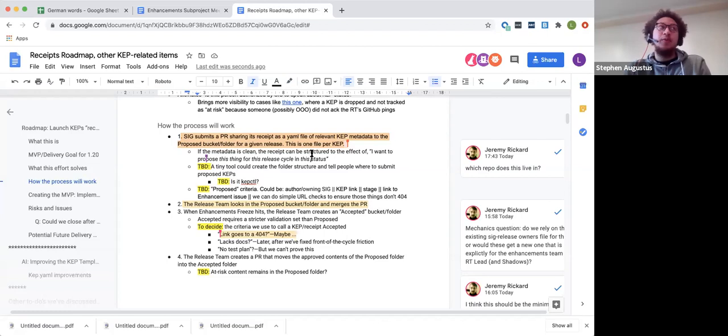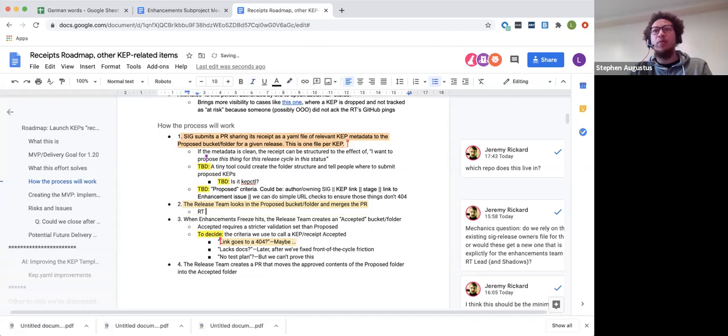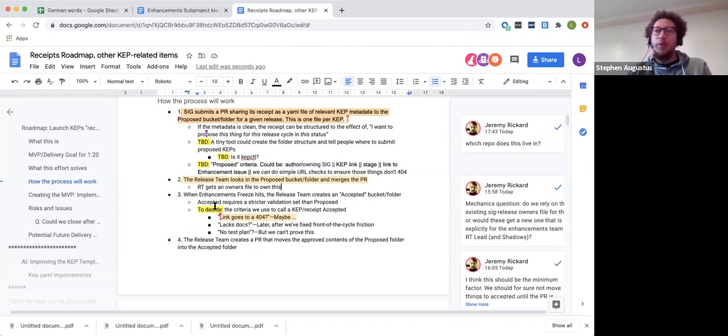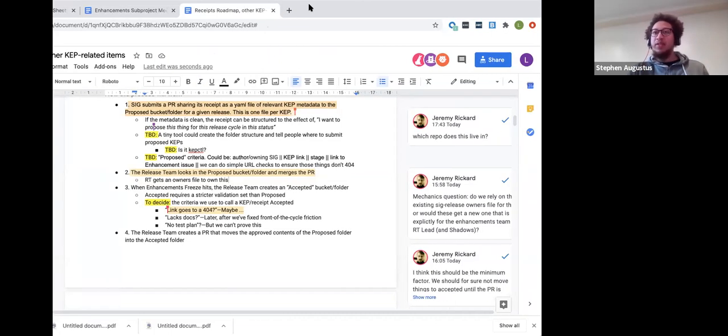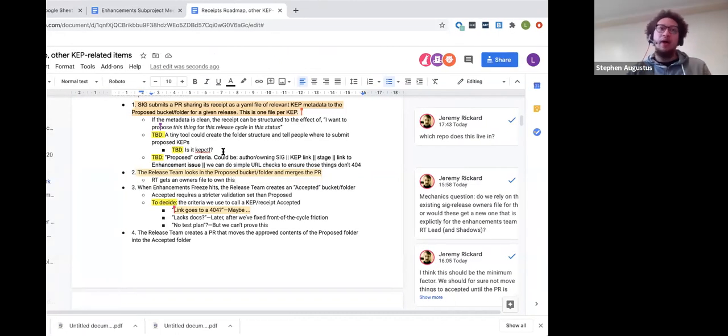So there will be a generation of the structure, and then two, I think, a make generate kind of workflow or output from K community. You can run make generate. It looks at SIG YAMLs and spits out something. This something would be a manifest.yaml, whatever we want to call it, within the root of the release directory. And that is going to list everything grouped by things that we've accepted, things that have been proposed, and things that are potentially at risk.